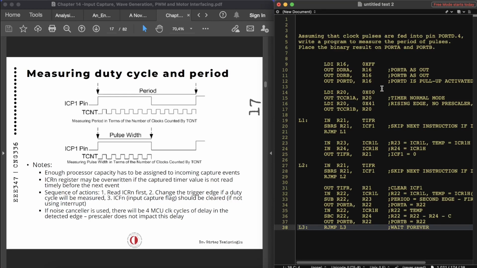Okay, so initializing ports, initialize the timer, configure it for input capture, and then check for the flag. If it is set, then read the ICR1L and ICR1H for the first edge, which is going to be this one, and clear the flag and look for another set for the second edge. Then when the second edge is detected, clear the flag, load the low byte, and then second edge minus first edge so that we can see the periods over here and the high byte of it so that we can get the values